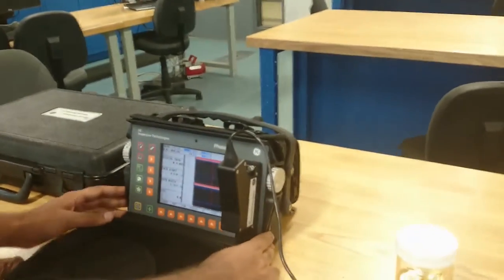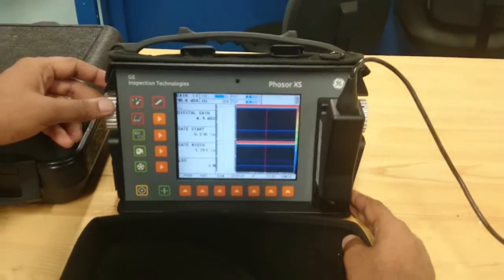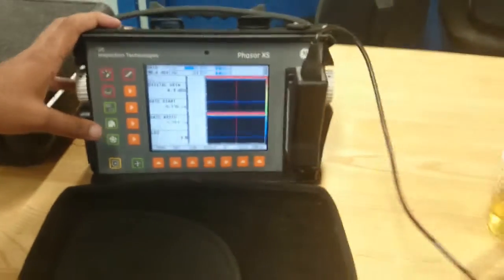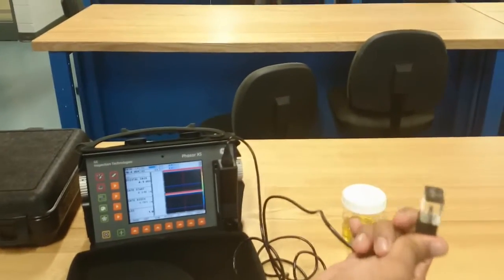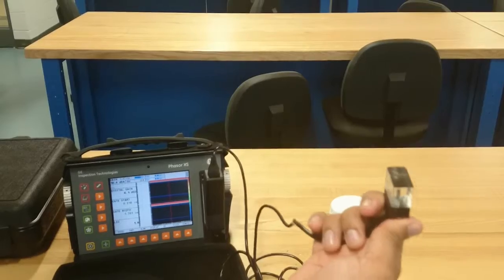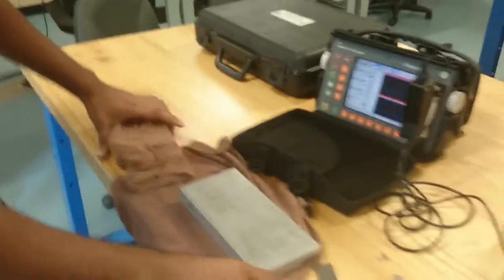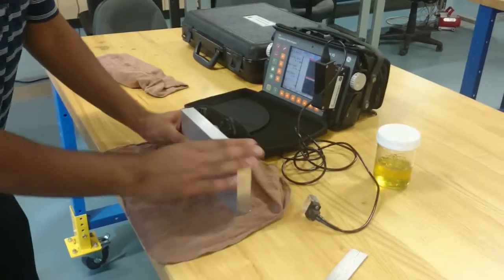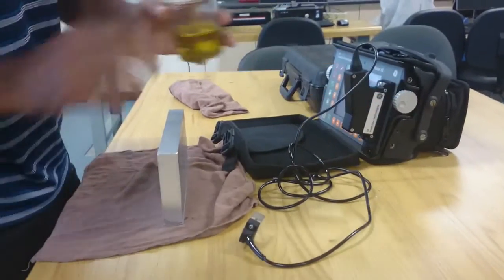So we need to check here. By using this, we can change its frequency. This is the main transducer, which is going to tell us the depth of the hole or any irregularity in the setup. So here we are going to perform it. Firstly, we make sure the surface is clean. Once we are satisfied with the surface, we take this oil and put it